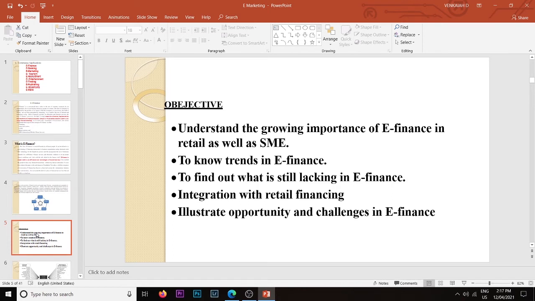If I forget my debit card or credit card at an ATM center, people can decode my pattern, and with the card they will withdraw money. Okay, so these are the loopholes and drawbacks that are being faced, and automatically they are improving the financial services. And now, due to the pandemic,